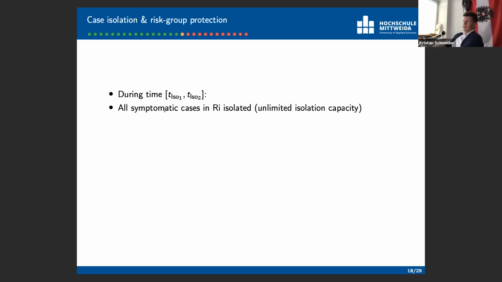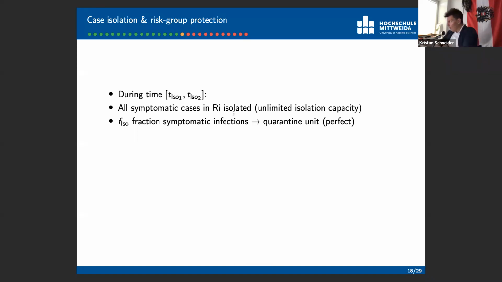And so what we assume here is all symptomatic cases in the risk group are isolated. That is very simple. They are residents in this facility, and usually they can turn parts of these facilities into isolation wards. So it's very easy to isolate patients in there. It's very expensive, but it's doable. And now all symptomatic cases are isolated in the risk group. Now, in the general population,